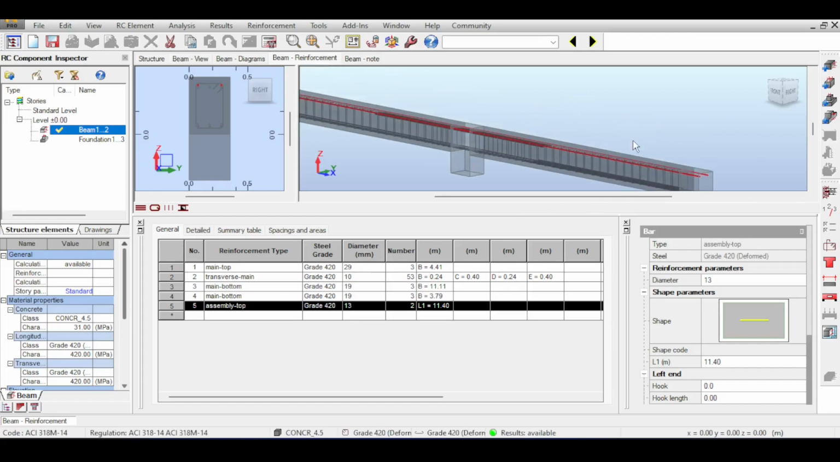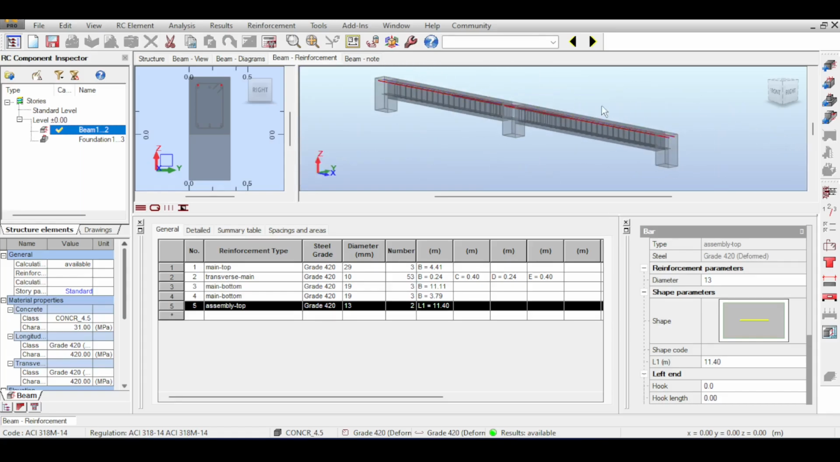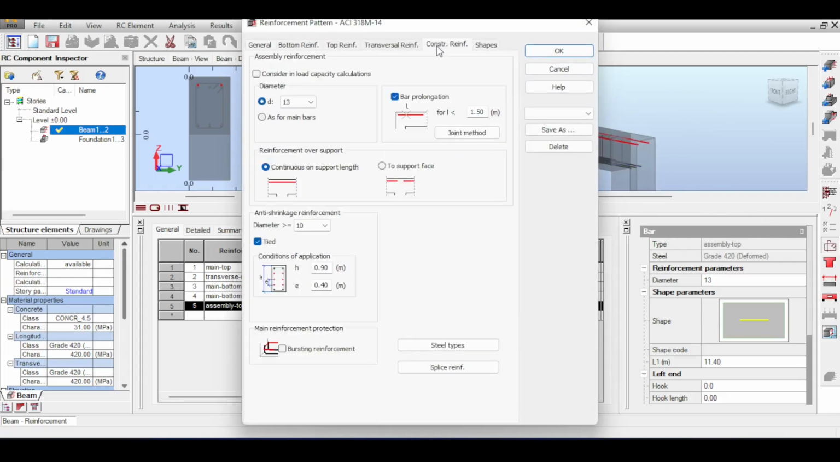There's a strange thing about assembly reinforcement. The strange thing about assembly reinforcements is that this reinforcement is by default not taken into account when calculating the strength of the beam, which is a shame because, I mean, it's there. Why not use it? So to change that, you can go once again to reinforcement pattern, to the construction reinforcement,